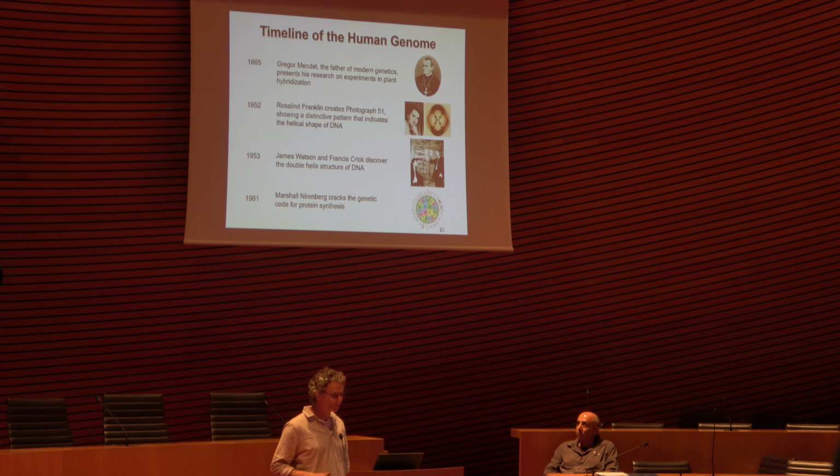And then what really made us able to sequence the human genome is two technologies. One is Sanger sequencing in 1977, and the other is the polymerase chain reaction, PCR. With those two, we can amplify sequences from the genome, and we can sequence them. These two technologies led us to the ability to sequence the human genome.